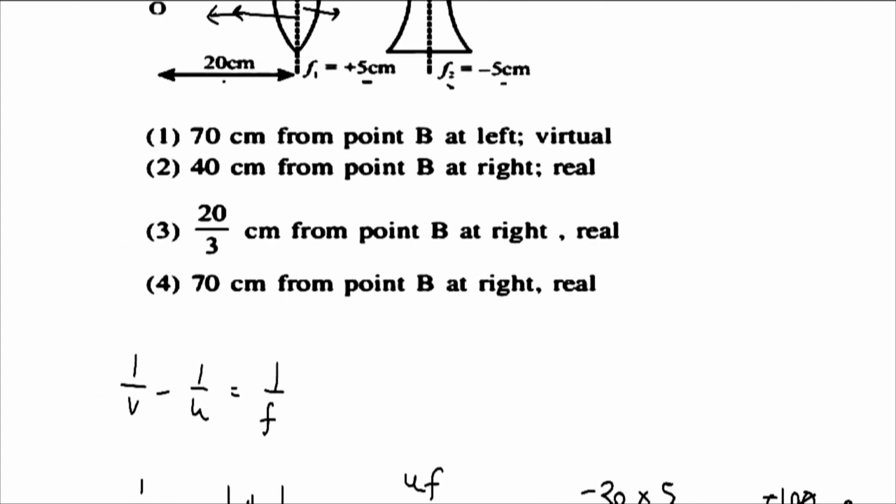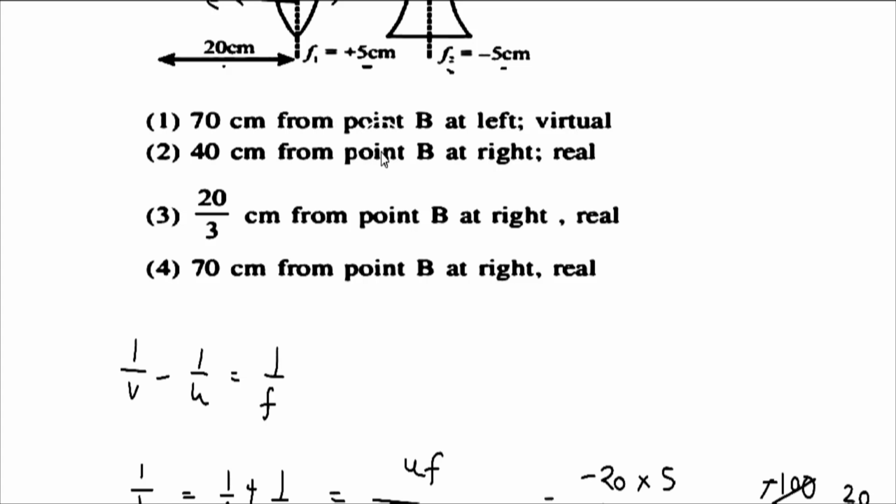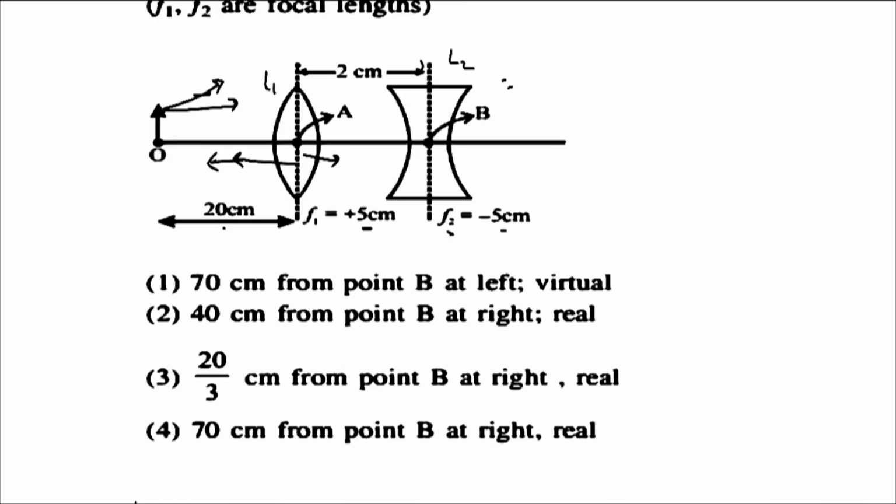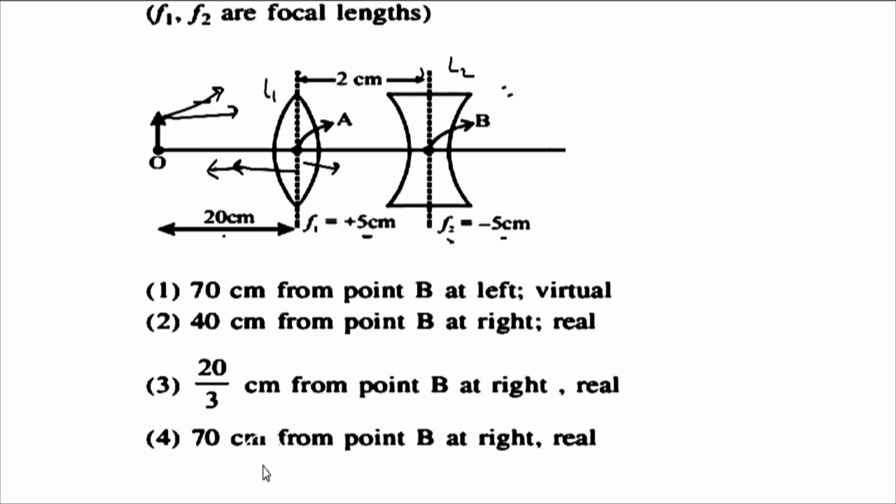विच इज 70 सेंटीमीटर फ्रॉम B पॉइंट एट लेफ्ट। तो 70 सेंटीमीटर कहाँ बनी है, पॉजिटिव आ रहा है 70 सेंटीमीटर, और हम पोल से हमेशा राइट में पॉजिटिव लेके चल रहे हैं। तो फोर्थ ऑप्शन में गिवन है कि 70 सेंटीमीटर फ्रॉम बी एट राइट। तो ये बात तो सही है कि फर्स्ट जो स्टेटमेंट लिखी हुई है वो बिल्कुल करेक्ट है, 70 सेंटीमीटर में राइट में बनेगी इमेज।